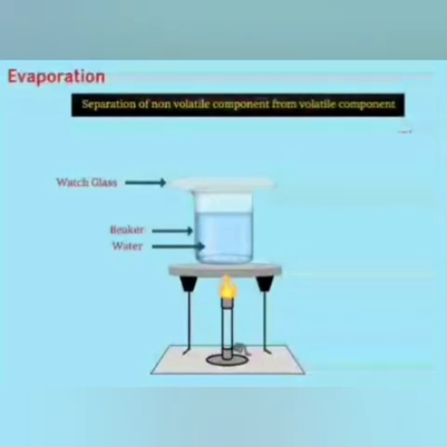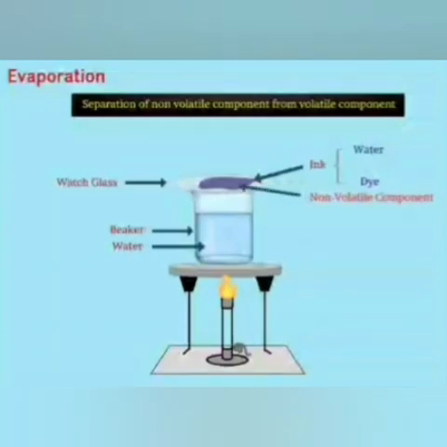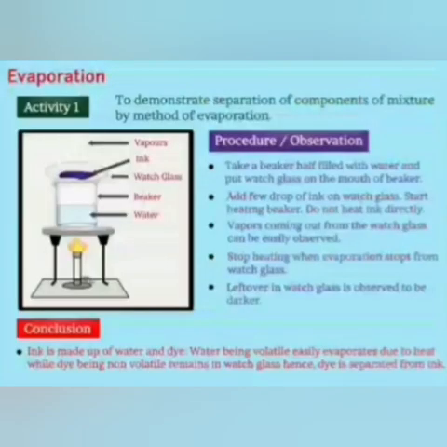Prior to using this method, the mixture should only contain one liquid component, unless it is not important to isolate the liquid components. This is because all liquid components will evaporate over time. The evaporation method is suitable to separate a soluble solid from a liquid. In many parts of the world, table salt is obtained from the evaporation of seawater. The heat for the process comes from the sun.